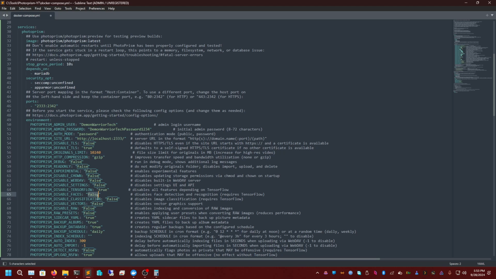Keep this as false, because if you read it, it says PhotoPrism disable TensorFlow disables all features. We don't want to disable any of these features, because the facial recognition and the TensorFlow classifications are all features that these would disable. So if you want to disable albums, you can do that by clicking this false, but all these we'll